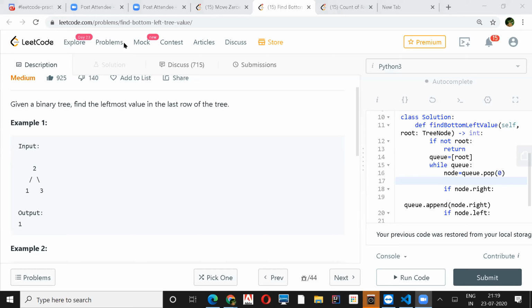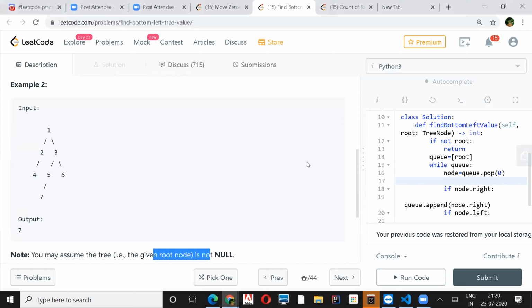Can you scroll a bit to example 2? In this example, we go to node 1 and check the height of left and right.